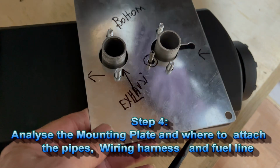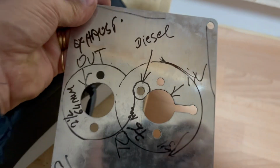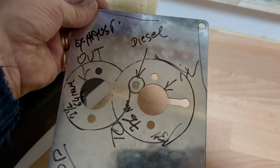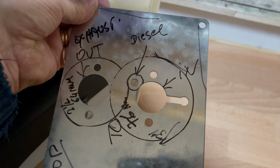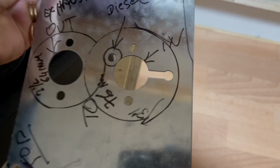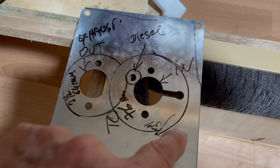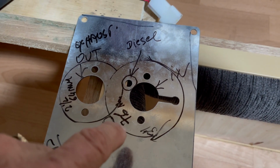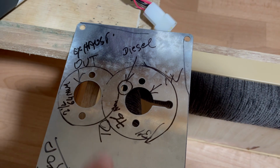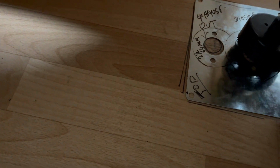For me to make my life more easy, I turn around and I did some calculation quickly to show you. I'll be doing two holes, one 64 millimeters, and the second one will be using the 76 millimeter also. Now that's where we'll make the hole. So I'll be putting the hole there,